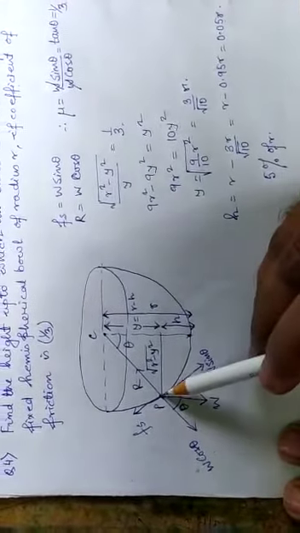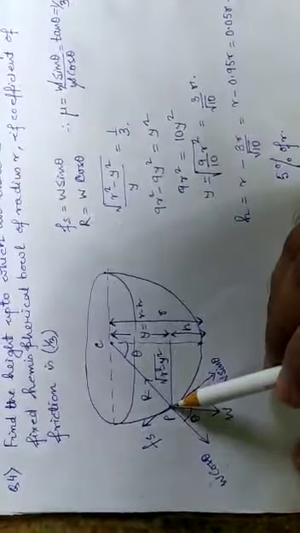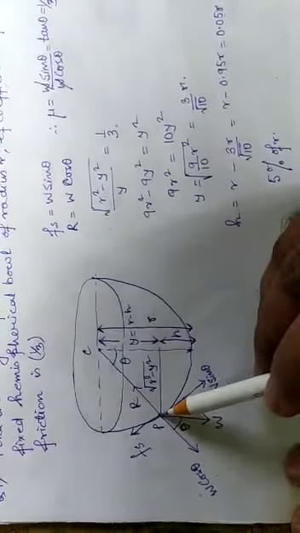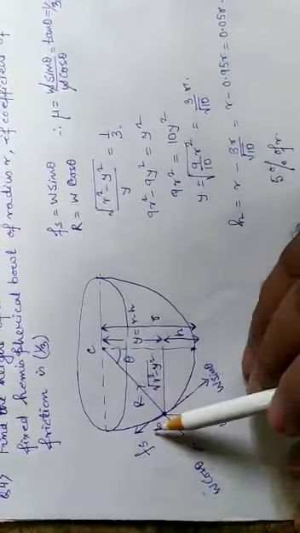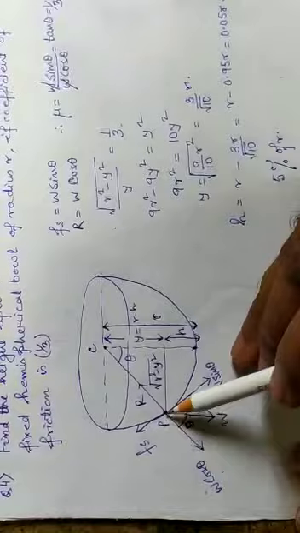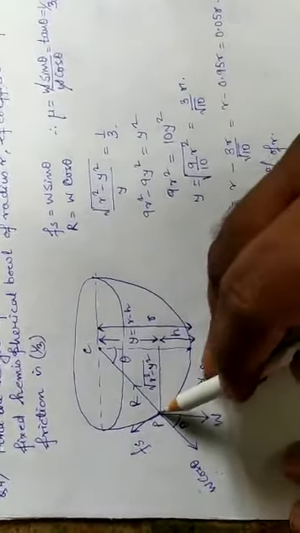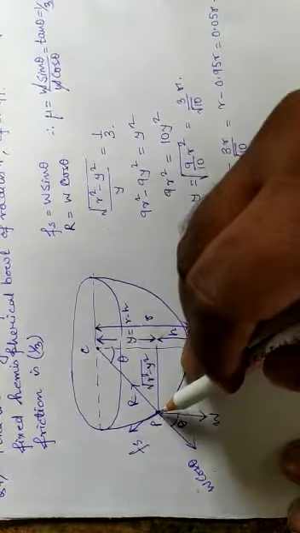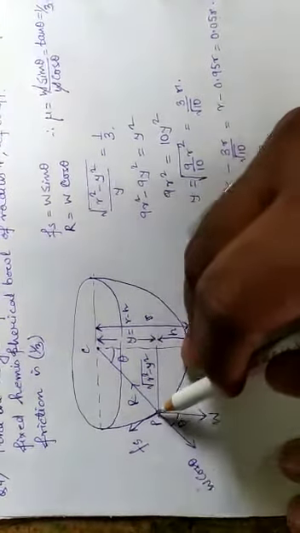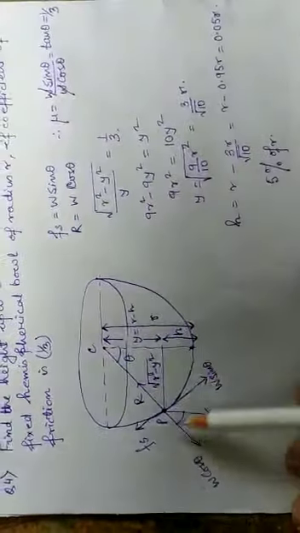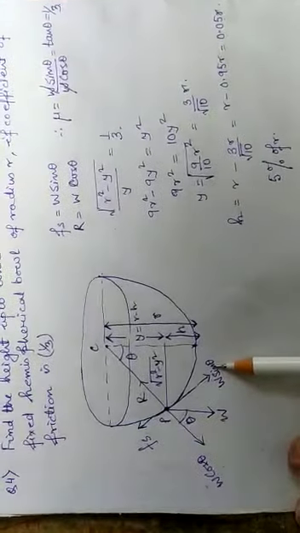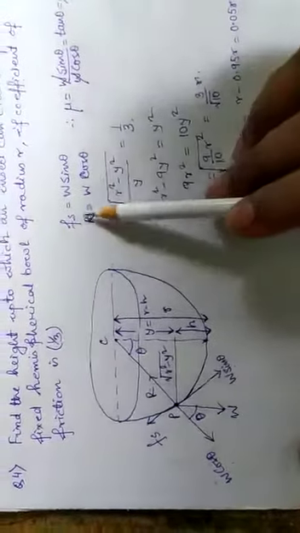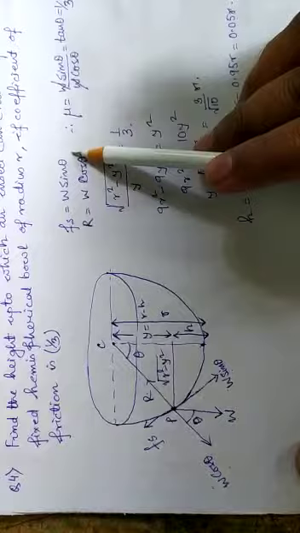So at this very particular point, this is the last point where the insect could reach. After this point, the insect cannot move up the plane. So at this point, the tendency of the insect is now to slide down the plane. So over here, the frictional force is at the limiting point. So the frictional force and the W sin theta must balance each other. So Fs is equal to W sin theta.